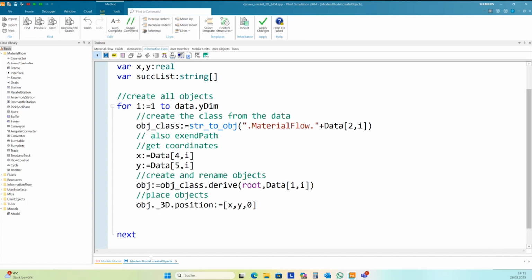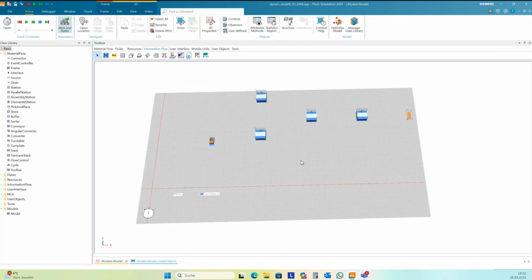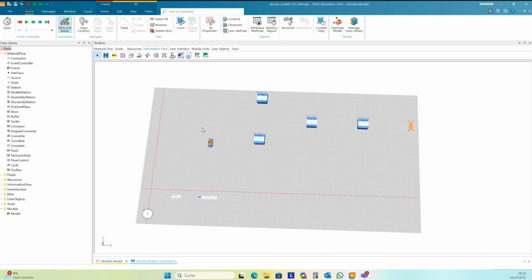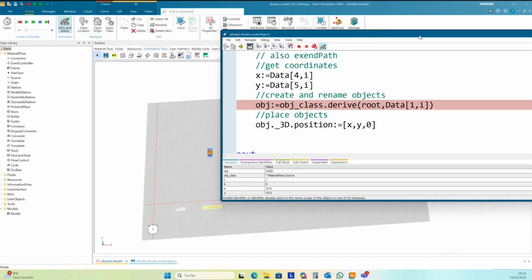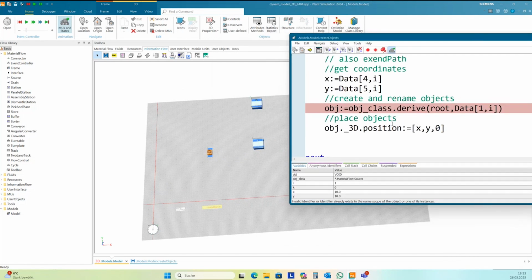One thing we have to remember already: if you start the method a second time, then we get an error message. This is because of the data. If we set fixed names, then we cannot start this method twice, because the names machine 1, machine 2 are already set in this frame, and we get an error message: invalid identifier, or identifier already exists in name scope of the objects or one of its instances.